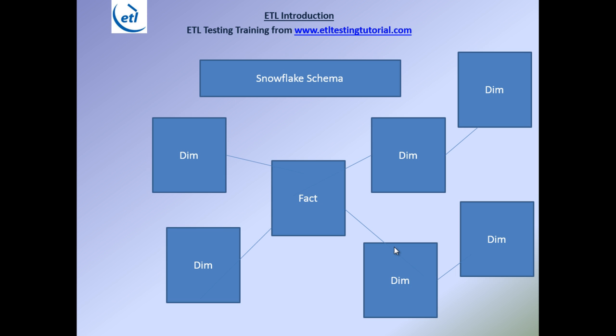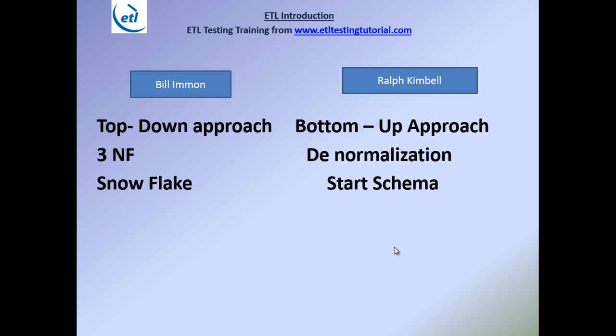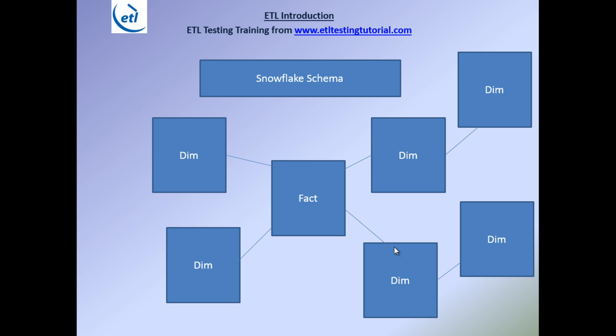You should know that, and maybe while going to interviews you can tell them and impress them with your knowledge. So Bill Inmon said go for top down approach, use 3NF and use Snowflake schema of course. And Kimball said go for bottom up, and it will be denormalized in star schema, so that will be the faster one. Now understand why I was telling you about normalization and denormalization. Why we understood the architecture and why we understood star schema and Snowflake schema,